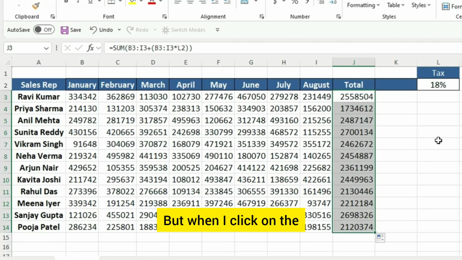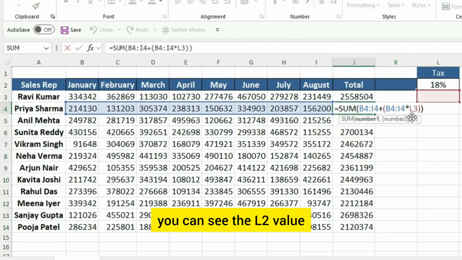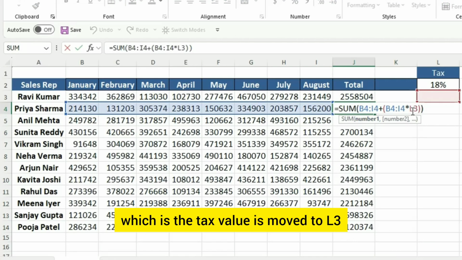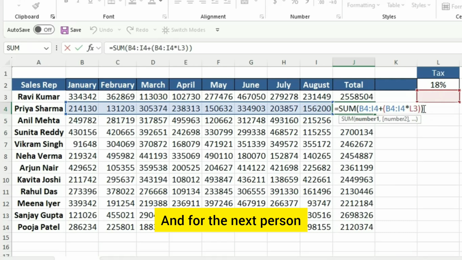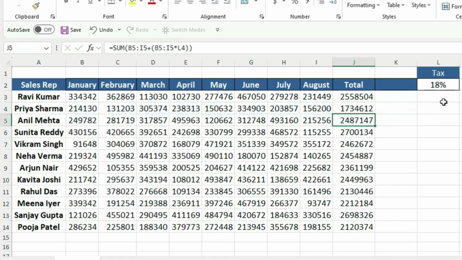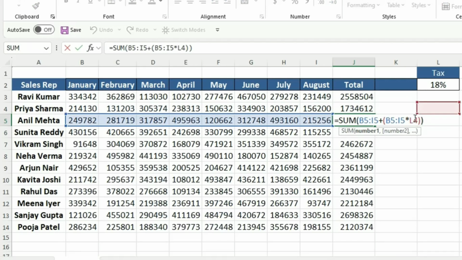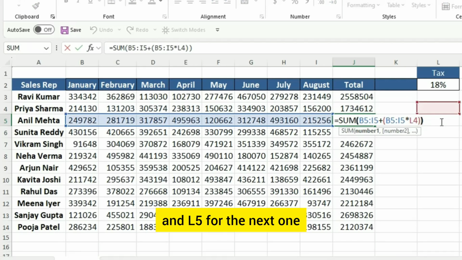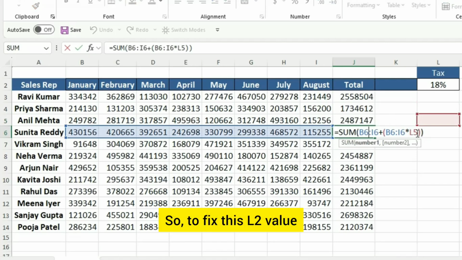But when I click on the next person, you can see the L2 value, which is the tax value, has moved to L3, and for the next person you can see it has moved to L4 and L5. So to fix this L2 value to an absolute cell reference,